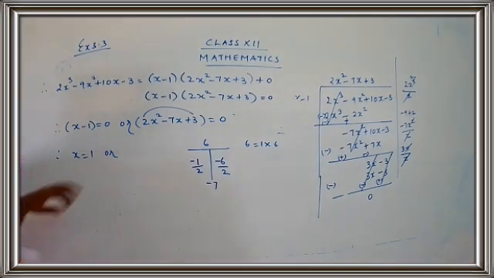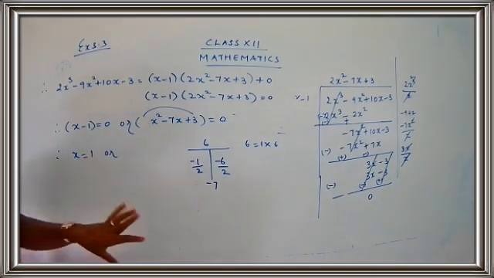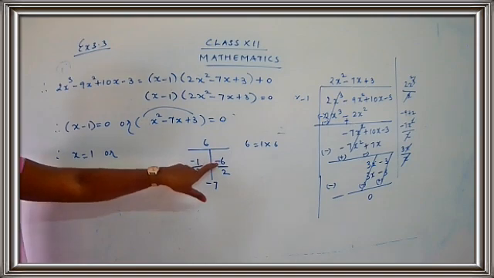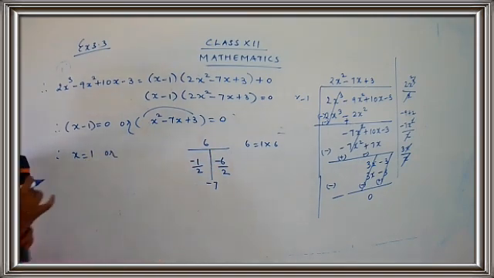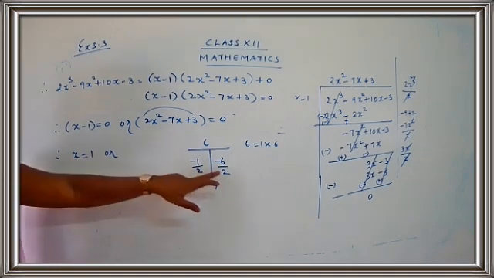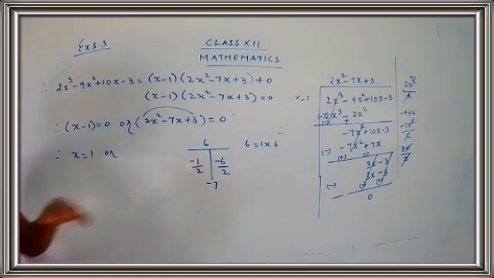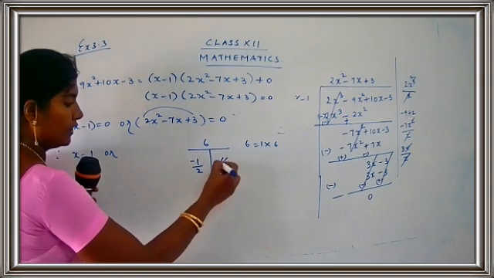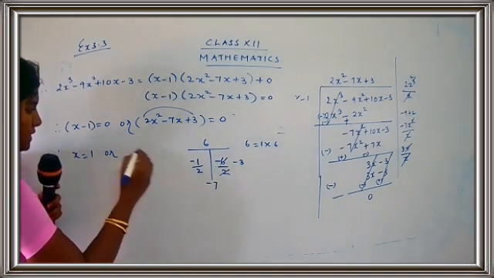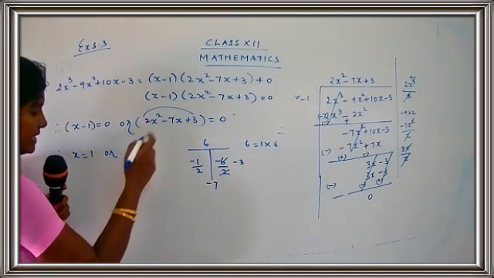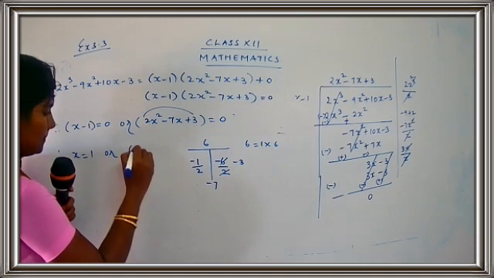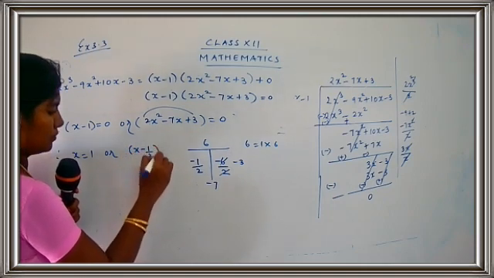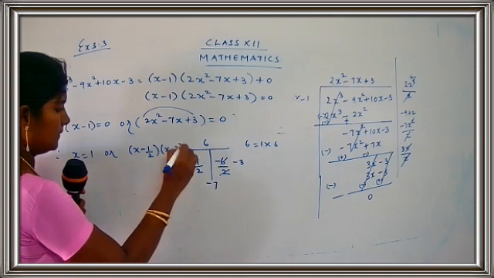Are you getting my point, children? If you would have 1 here, no problem. I will directly write the numbers minus 1, minus 6, and I'll complete the answer. But here you have a coefficient for x square, that is 2. So you have to divide by 2 for both the numbers. So minus 1 by 2, minus 6 by 2. So I'll get the answer over here. It's minus 3. So put this as, the variable is x, or x minus 1 by 2, x minus 3.